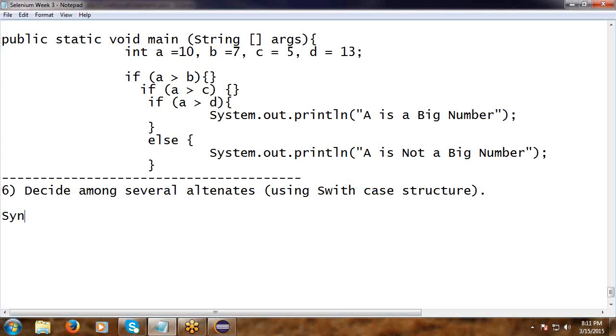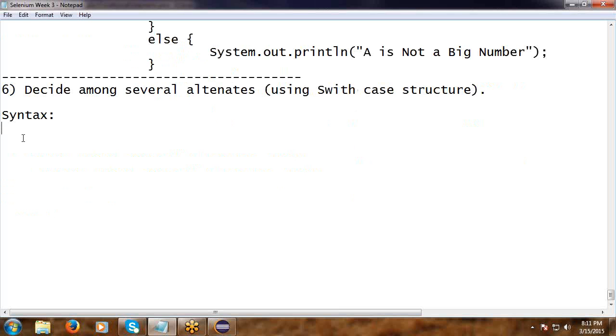See, syntax: switch, open parenthesis, expression, close parenthesis, open curly braces,